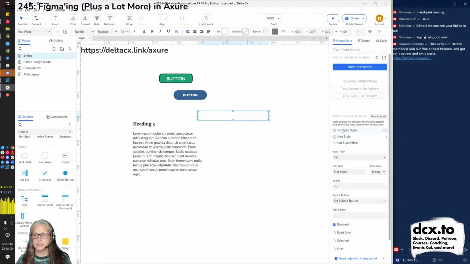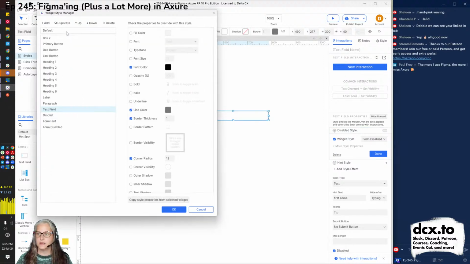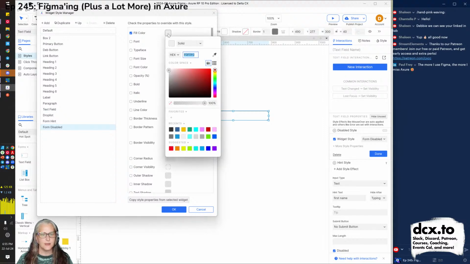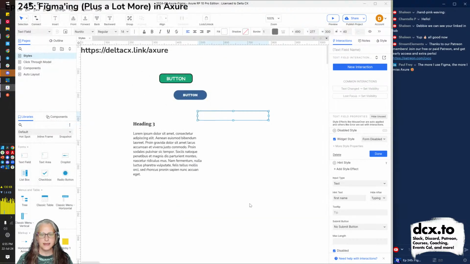Where did it get the disabled style? Let's take a look. Widget style, form disabled. Okay, let's take a look. Oh, the more I use Figma, the more I miss Axure. Yeah. So here is form disabled. And just to be silly, I'm going to say a disabled form is chartreuse, or whatever lemony yellow color that is.